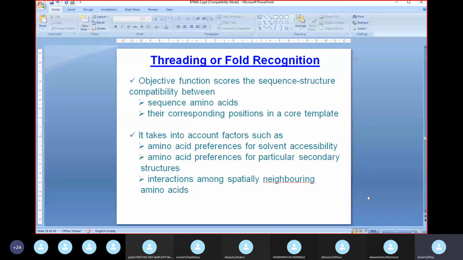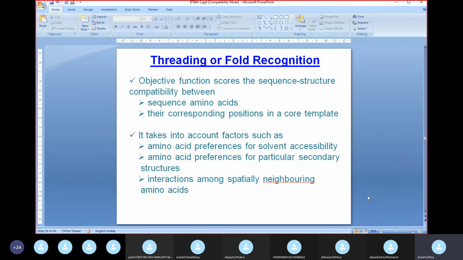Why this works is that if you look at the PDB, we saw how many structures it has, right? PDB has a number of protein structures, but all of these fall into those 1000 odd folds. All of them carry those 1000 odd folds. That is one reason why threading works. The other reason, of course, is that instead of looking at the complete protein, which you were doing in comparative modeling, now you are working on a smaller part of the protein. So that makes it better as far as fitting it onto a model is concerned.